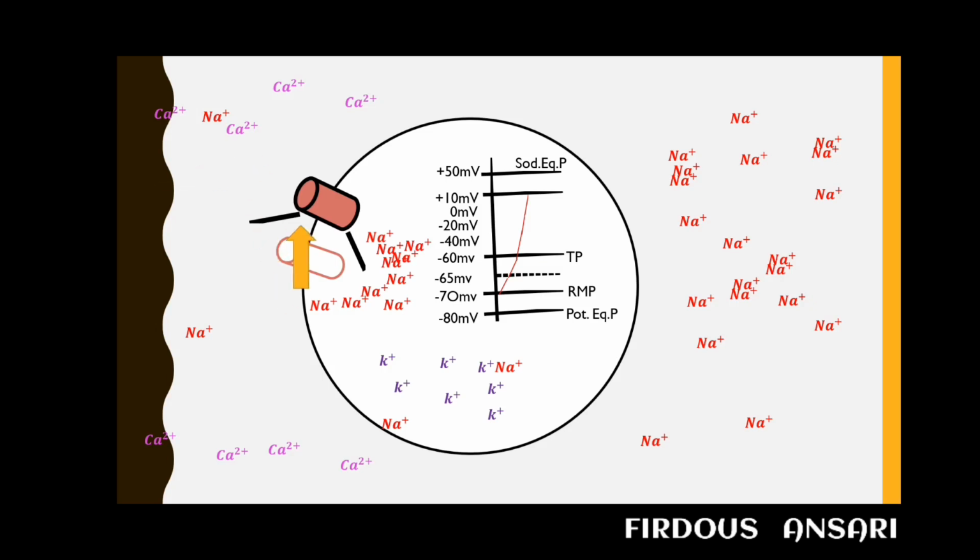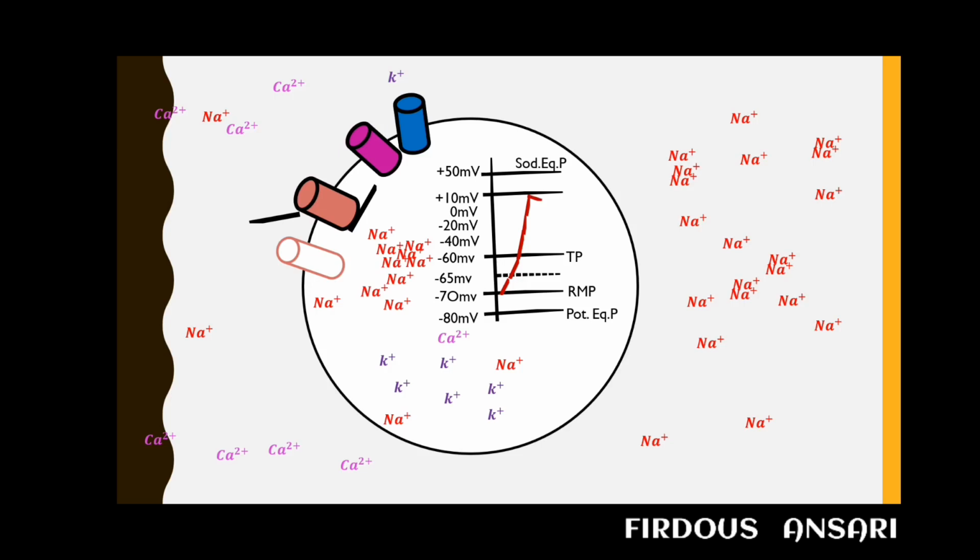Next, as you can see over here, the deactivation gate of this voltage gated sodium channel will get closed. A few events take place after depolarization occurs. The very first event is closure of the voltage gated sodium channel, and after this, two important channels, the calcium channel and the potassium channel, will get opened up. Via the calcium channel, calcium ions will move inside, and via the potassium channel, potassium ions will move outside of the cell. Since cations are moving inside and cations are moving outside, what will happen to the potential of that neuron? Yes, it will remain constant.